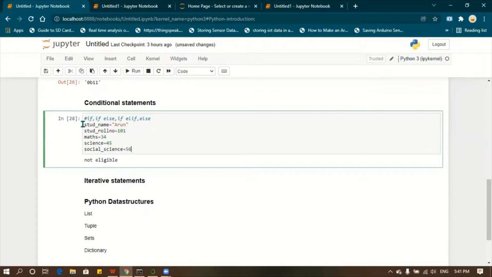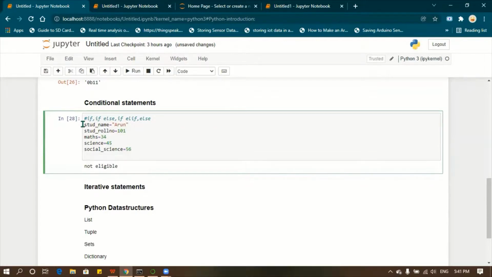What I want to do is calculate the total marks. So total equal to max plus science plus social science.